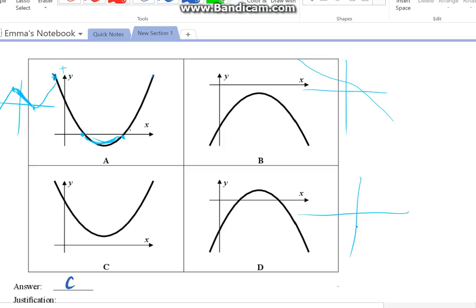And D, we know it's decreasing from here to here because it's below the x-axis. Then it will increase, and then it will decrease. So if we have our graph, it decreases first, sorry, that makes sense. So it's decreasing, then it increases, and then